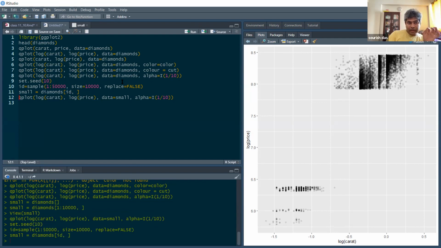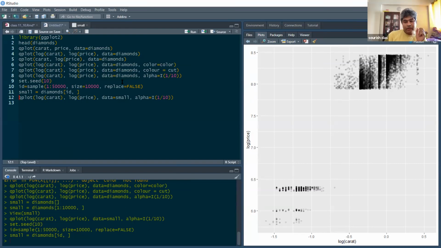Now, can anybody tell me in the class what this set.seed is doing? It is ensuring that whenever we sample with the same seed, we get the same sample.